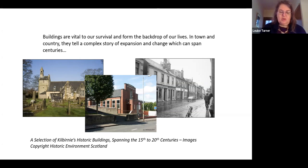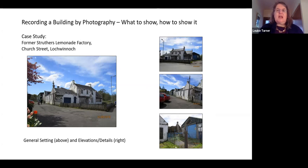Today we're going to look at buildings, and hopefully you'll learn a bit more about understanding a building and reading its time depth and its character. To be honest, buildings archaeology has become more and more important over recent decades. And now there's a specific sector of our profession which specializes in their recording and interpretation. Today, Claire and I are going to take you through several categories of building. They'll probably seem familiar on the face of it, but hopefully we'll help you to look at them more thoroughly and more deeply, so that you can spot little details which can help you learn more about its life story and its history. But before we do this, I'm just going to give you a quick guide to